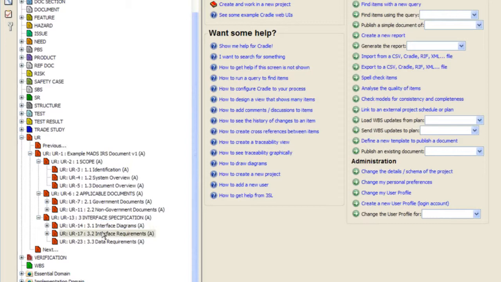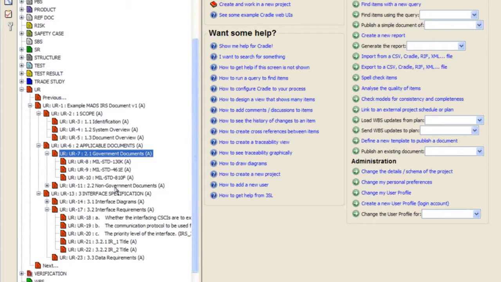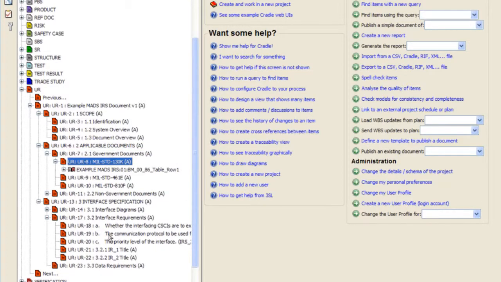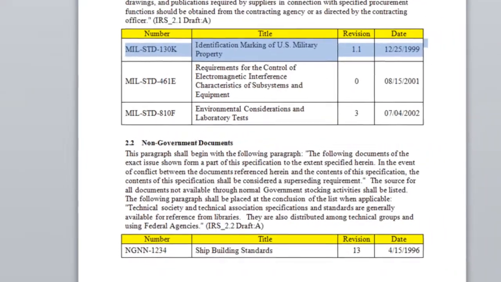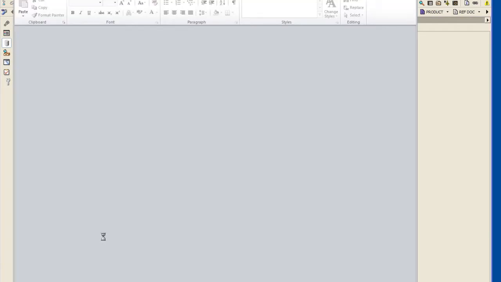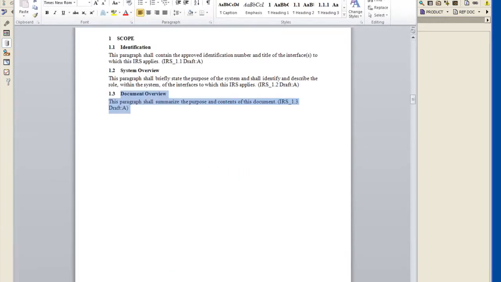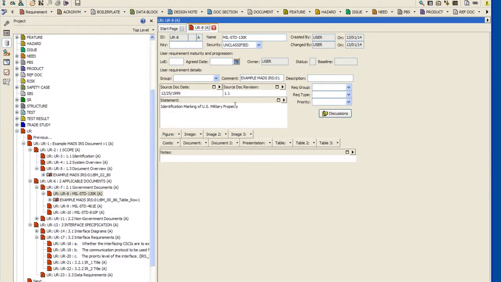So each of these is an item in the database of type user requirement, and each of them is linked to its origin in the original document. So this requirement is linked to the first row in the table, and this requirement is linked to that section 1.3. Of course, we might want to look at the requirements individually, and so there is one of the requirements